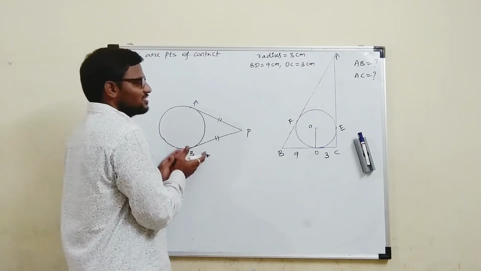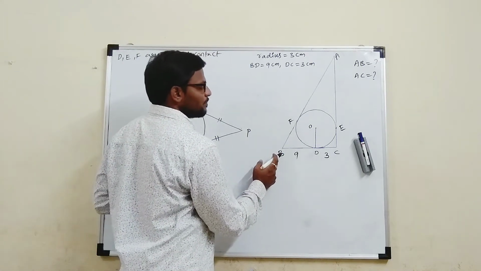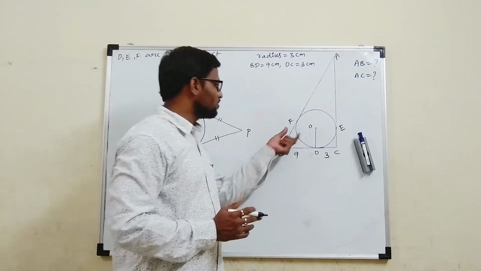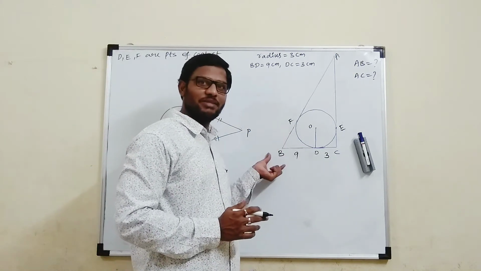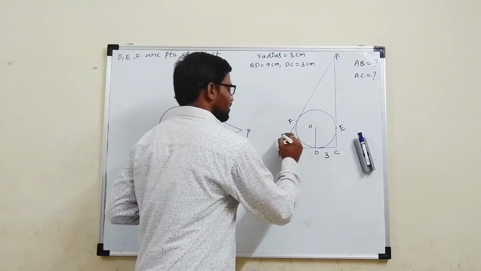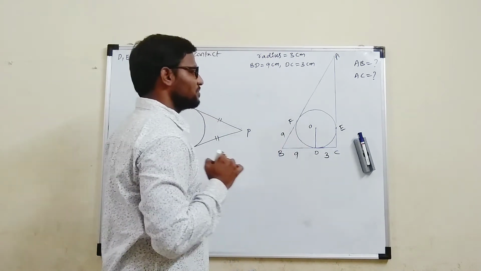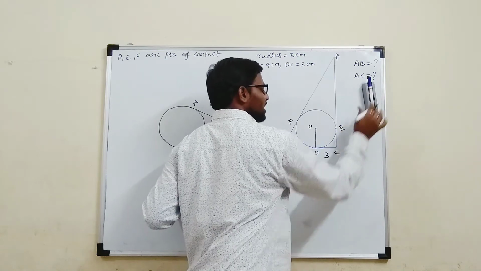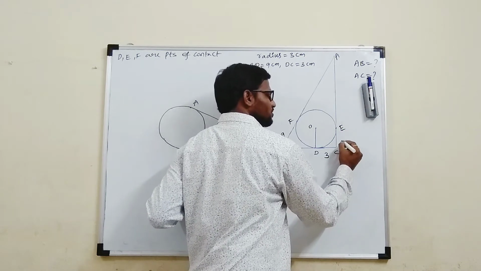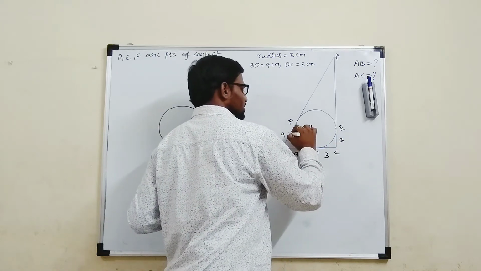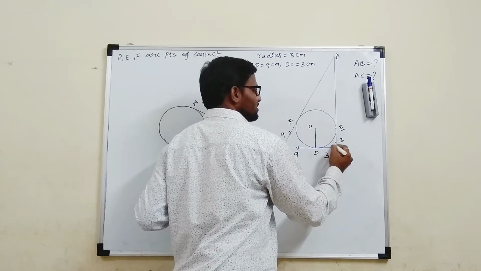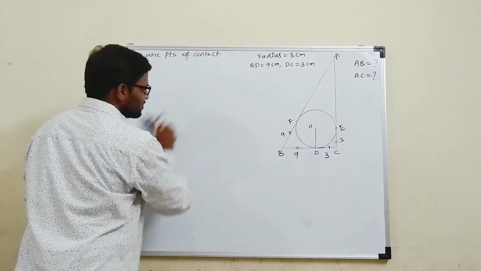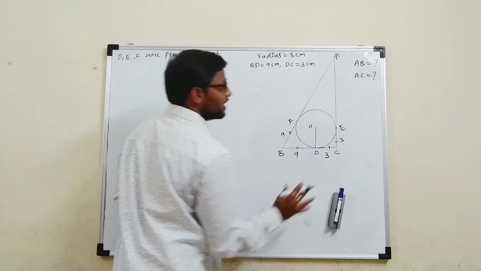So using this theorem, here B is the exterior point and BD and FB are the tangents. The lengths of these two tangents drawn from the exterior point are equal. So can I take FB equal to 9 cm? Similarly, BC and EC are also tangents drawn from the exterior point C, so this is also 3 cm. Tangents drawn from the exterior point are equal.